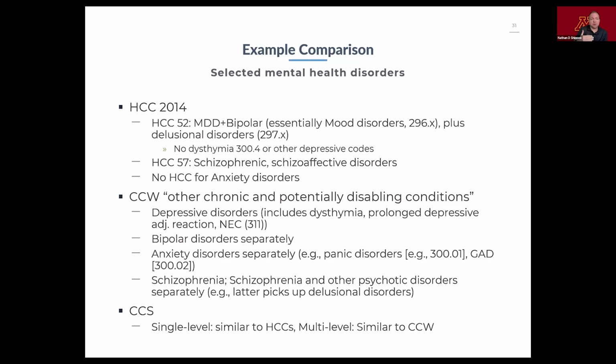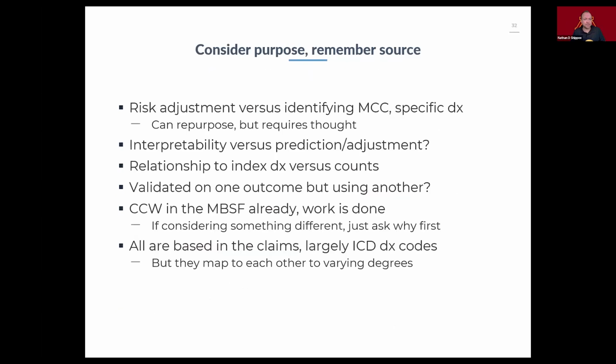The single level is more similar to what you see up at the hierarchical condition categories. So things grouped together, probably a little less granular than what I would want as a mental health researcher. But if you take it to the multi-level, it becomes much more complex, but it's also more useful to me in a way that's similar to the chronic condition data warehouse categories in the MBSF. So all of these, there's going to be some overlap in terms of how they use the information and mix it and package it for our use. But that's just an example of 3 different approaches and what kind of granularity and information you get.